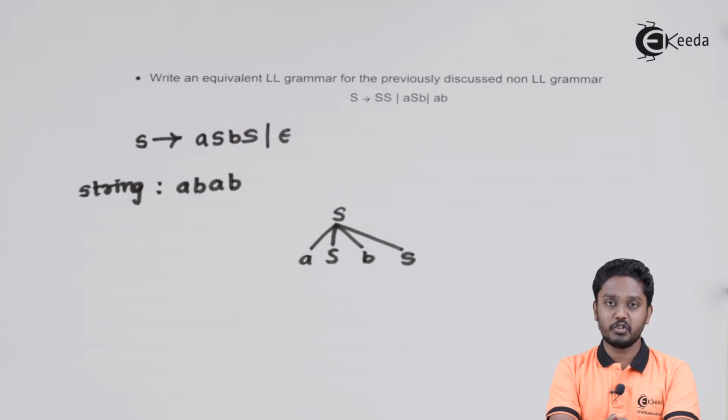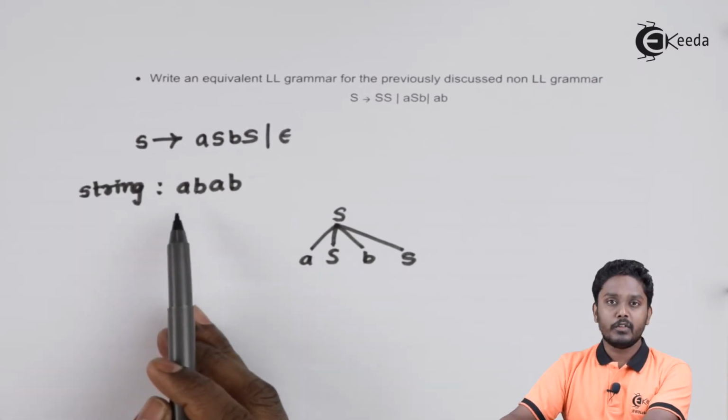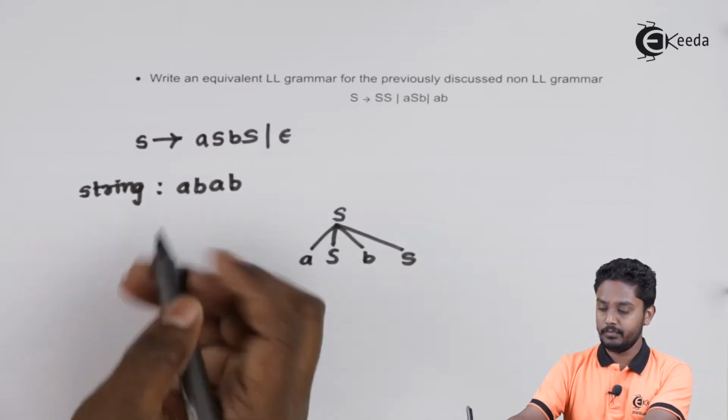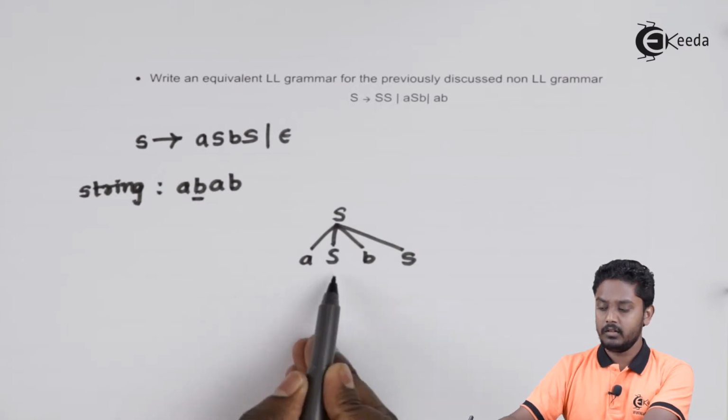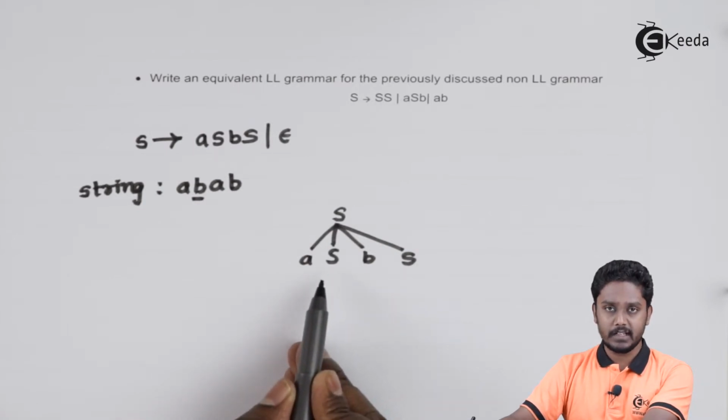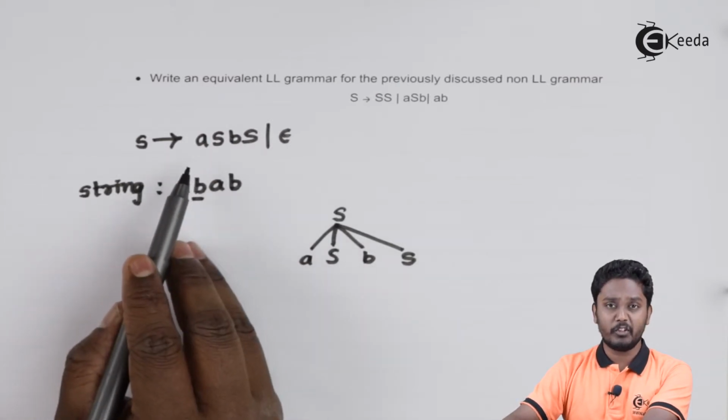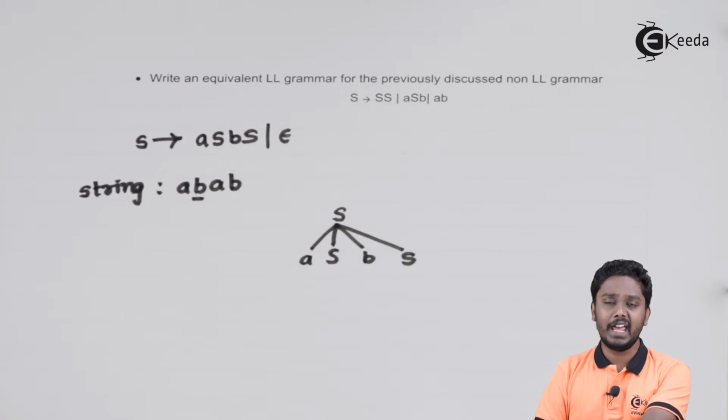Again, let us see the next production to be used. We are starting from the look ahead symbol B now. We have already generated A over here. Which production is to be used with this S to make sure that we have produced a B after the first A? If we use the first production, then we will be generating AA, which is not required. If we use the second production, that is S produces epsilon, you will see that we will be generating A followed by B. And hence again using one symbol, we are able to decide whether to use the first production or the second production.